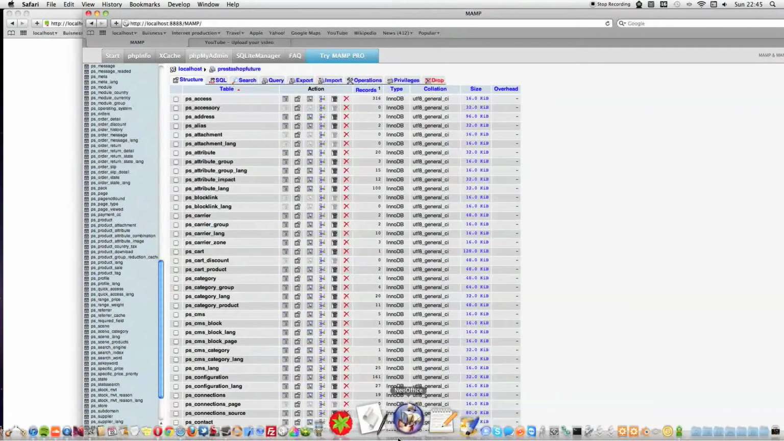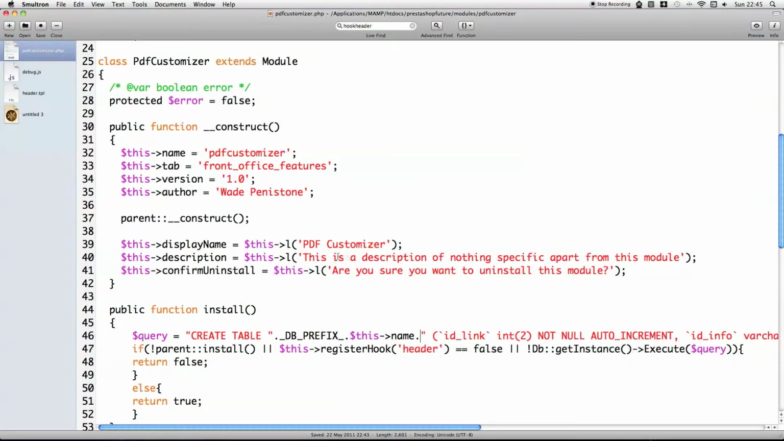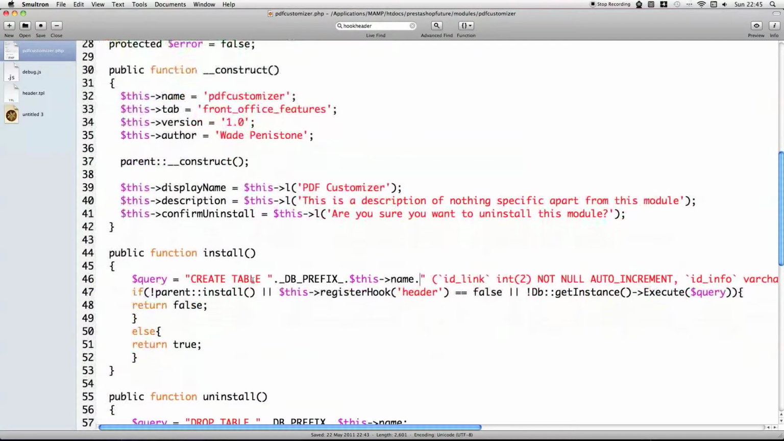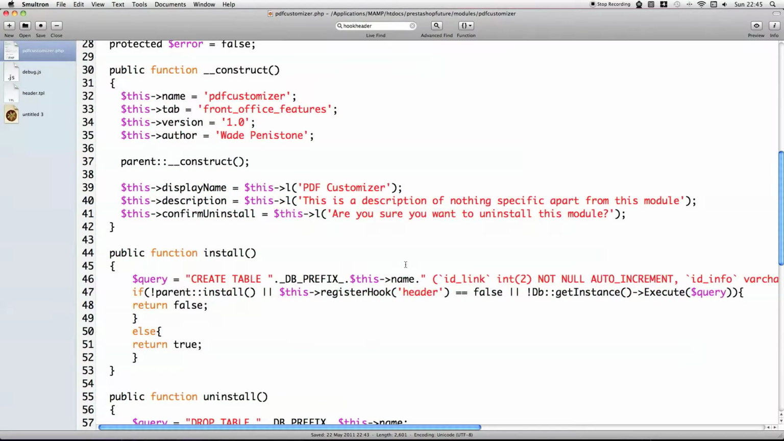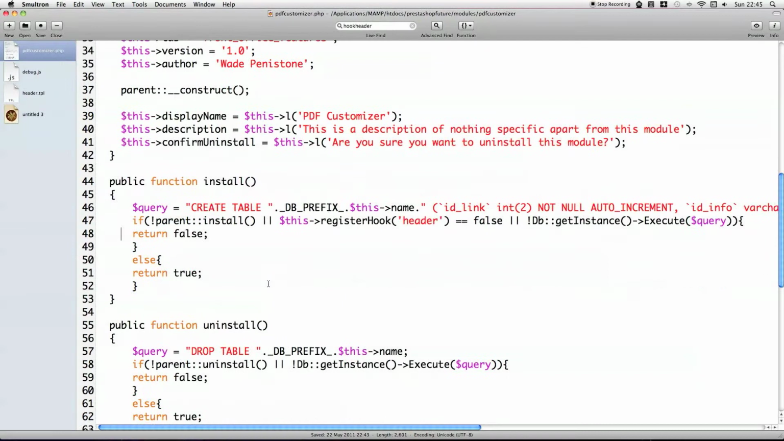So all that code's fine, and that was quite straightforward, although often the way modules are designed, they have more than one table. They normally have either two or more tables, because the idea is one table contains all the specific data and the other one contains language equivalents